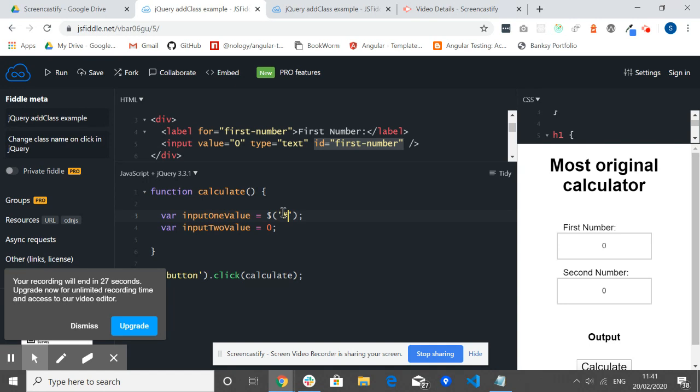I can use hash to tell the browser I'm looking for an ID, and then the name first number. So this will go and get hold of my first input field, and to get the value out, I can use a jQuery function called .val. Now, in the next video, we'll do the same for the second input, and then we'll see how we can use those values